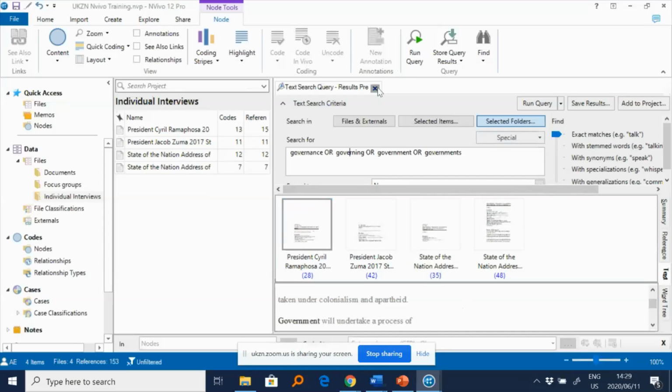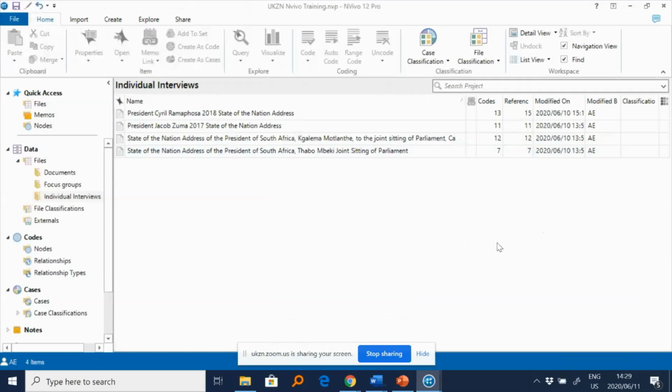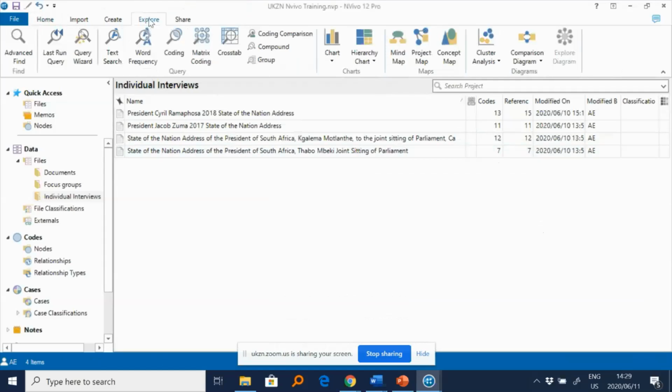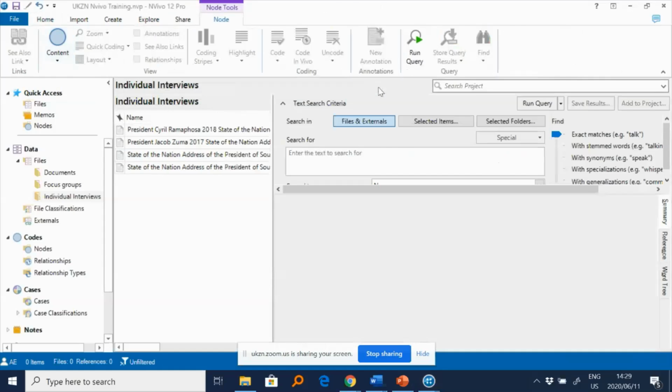Another thing that you could do, let me close that. Another thing that I will quickly want to show you, besides this, you can actually tell NVivo to look for particular words that you think appear in your transcript. So for this one, to do that, you come to this option. Apologies, let me take that step again.